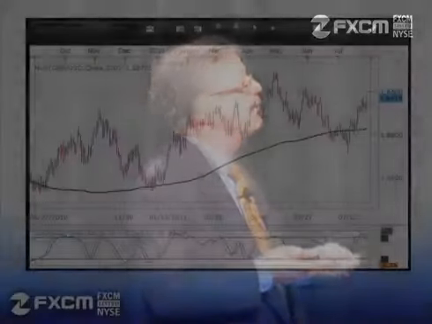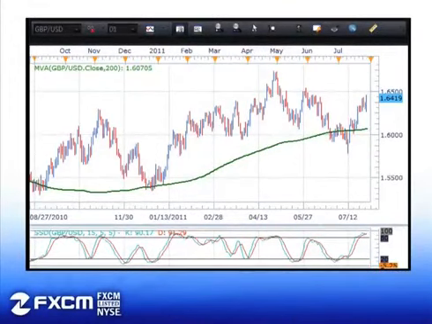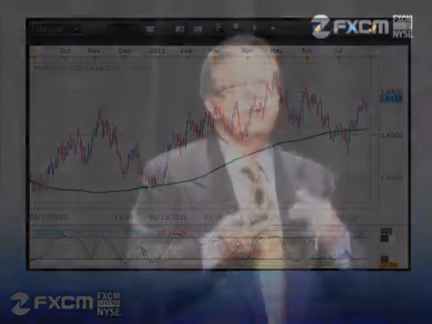Okay, now here we have the pound US dollar, and we've got a similar situation where we've got price action above the 200-period moving average, and recently it's been making higher highs and higher lows. It's moved above that 200-period moving average. But here again, we see something similar to what we saw on the Euro-US dollar, where recently, going back to May, April in this case, we've got lower highs and lower lows. So again, I'm getting conflicting signals on this. Now, I'm a longer-term trader, so I'm going to look at maybe this daily chart and these type of signals a little bit differently than maybe somebody like we talked about that is on a 30-minute chart and entering on a signal off a 5-minute or a 1-minute.